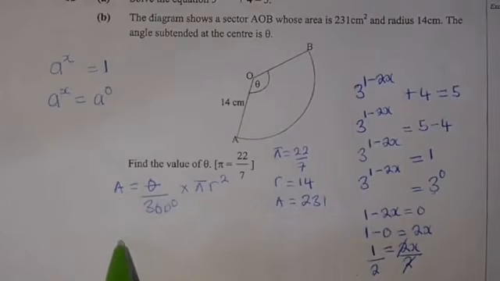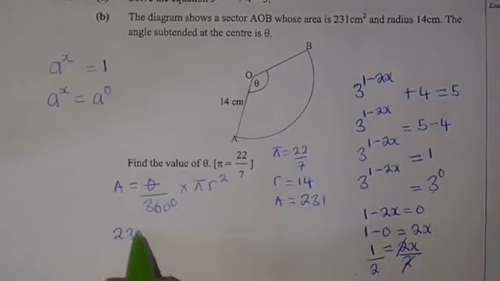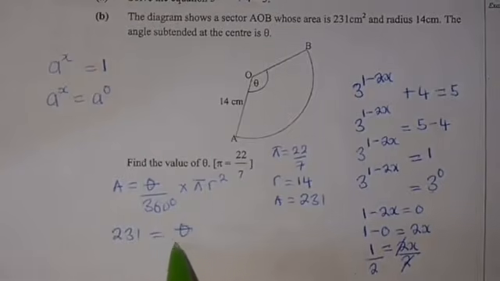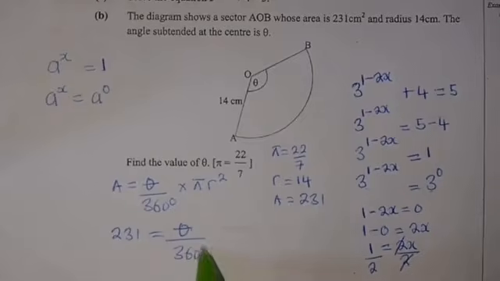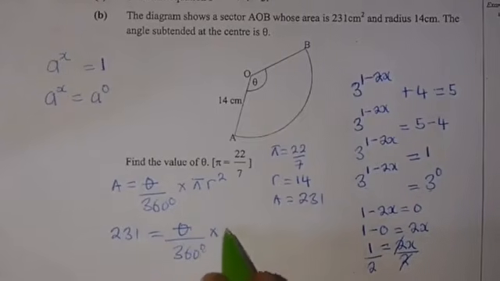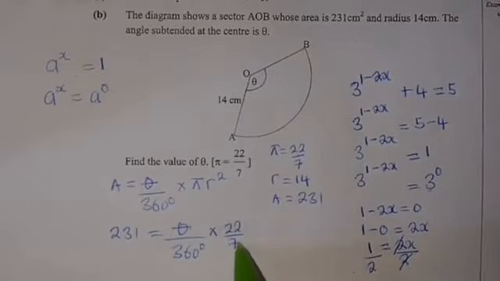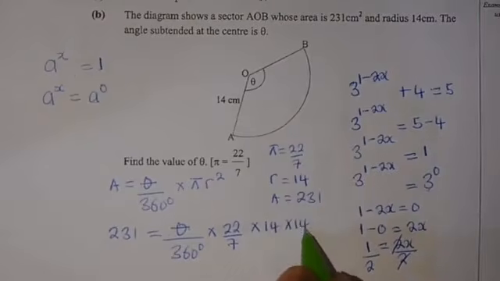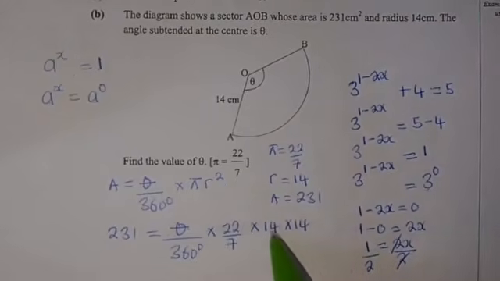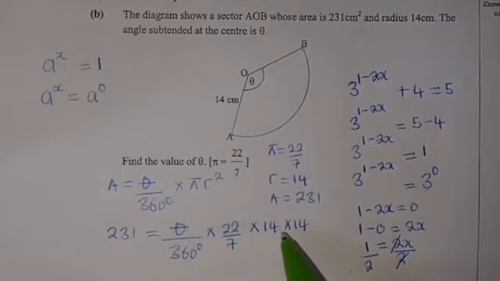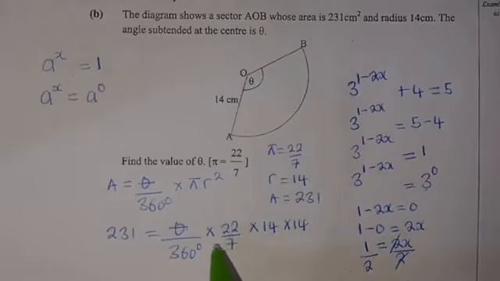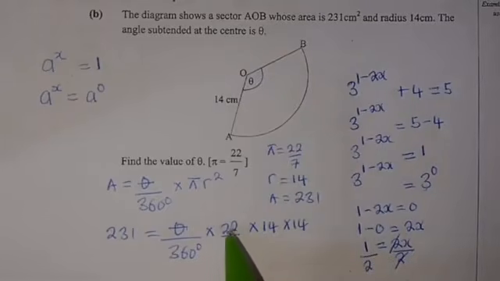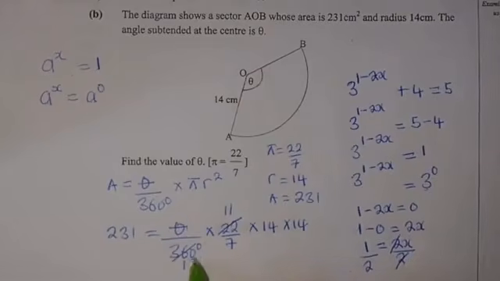So we substitute: where there is area, we put 231 equal to theta divided by 360 degrees times, where there is pi, we put 22 over 7 times 14 times 14, because the radius is squared. So I'll write 14 times 14. Then from here, what are we going to do? We can divide here. We look for the number that can go into 22 and 360. We say 2 here, it's 11. Then 2 into 360, we are going to have